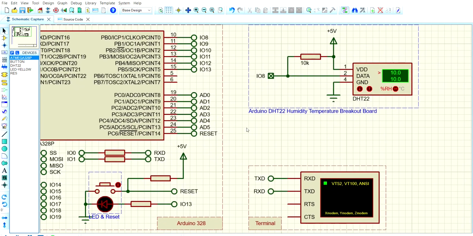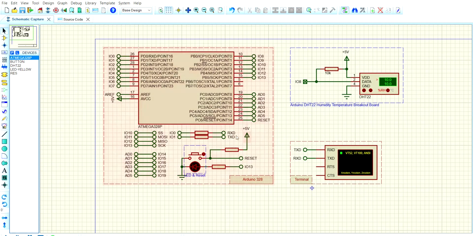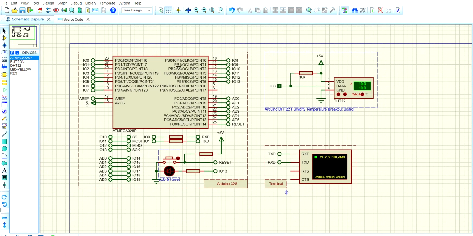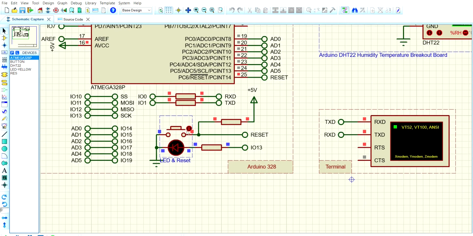For example, for the given set of humidity and temperature, the output can be seen by running the simulation. As can be seen, the LED is blinking.